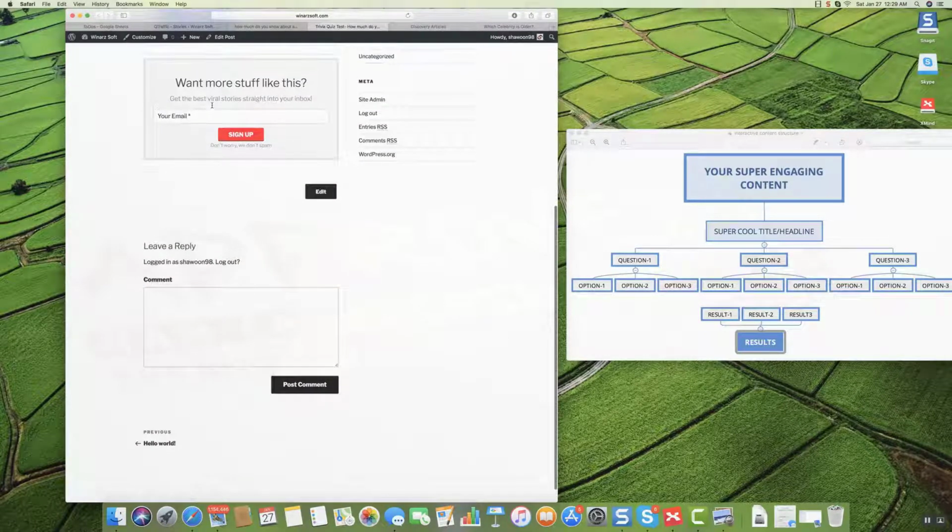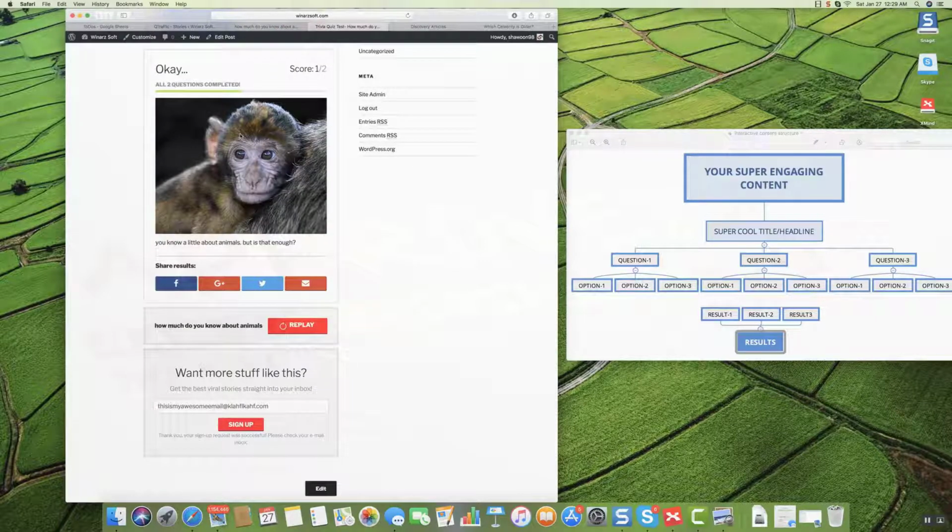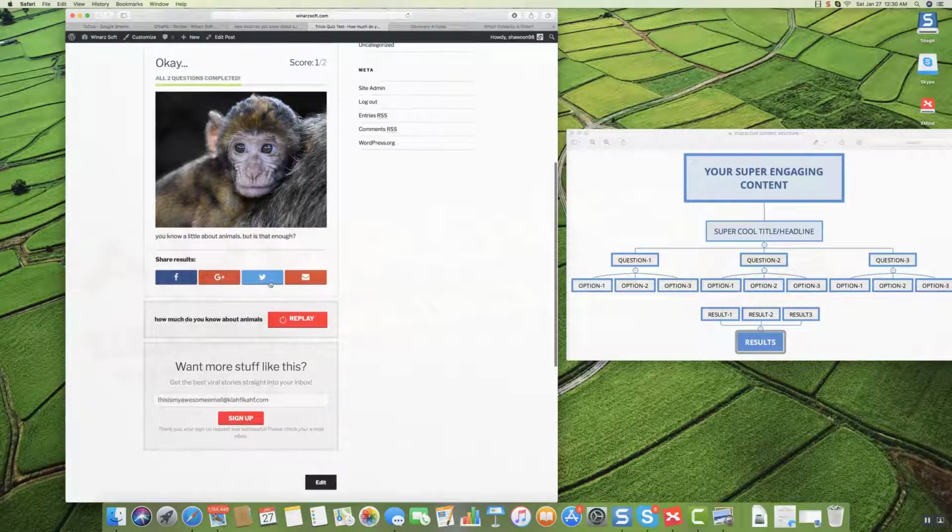Awesome. Now it will ask for your email, okay, to show you the answer. And once you reply it, in my case, this is my awesome email at .com, and okay, so you know a little bit about animals, but is that enough? Okay, so we got the answer, right? And we can share them. Already my email is in, I subscribed using my email, and also